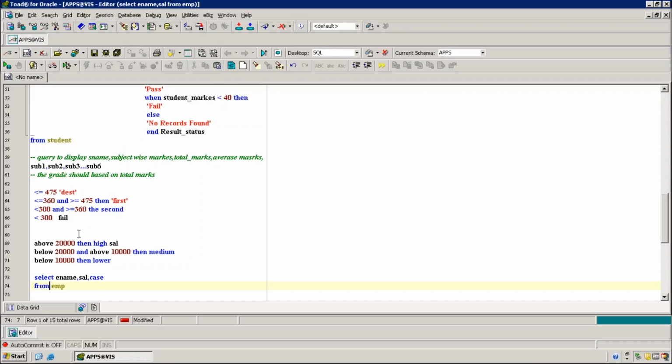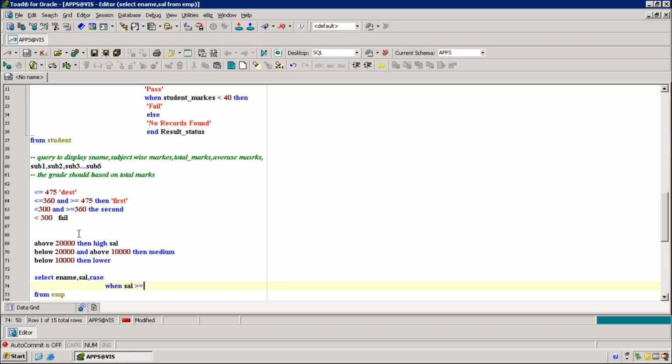Select ename, sal, case, when sal greater than 20,000.